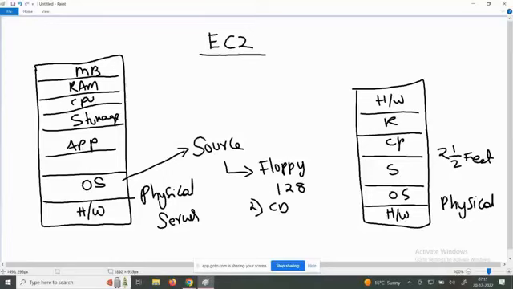Physical system, very good. Now I am a company. I want to maintain some 10,000 servers. How much space, time, money and people are required to set up 10,000 servers? How much time will it take? I am asking you. This is one physical server where I install one software. One customer comes up and asks me, can you please maintain 10,000 physical servers? How much time, money, space and people are required?